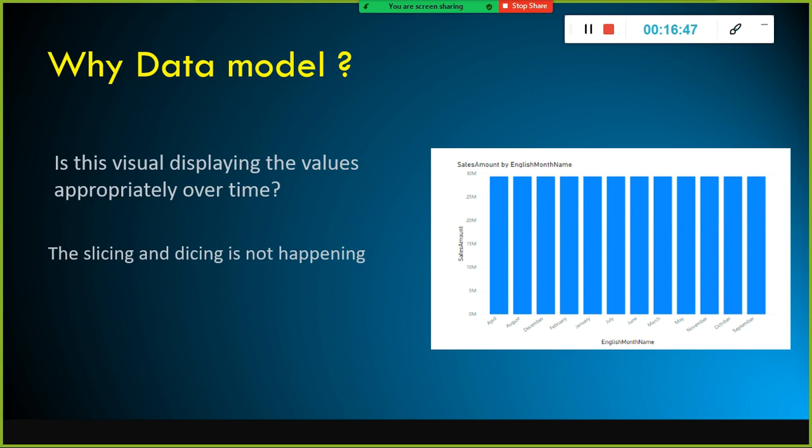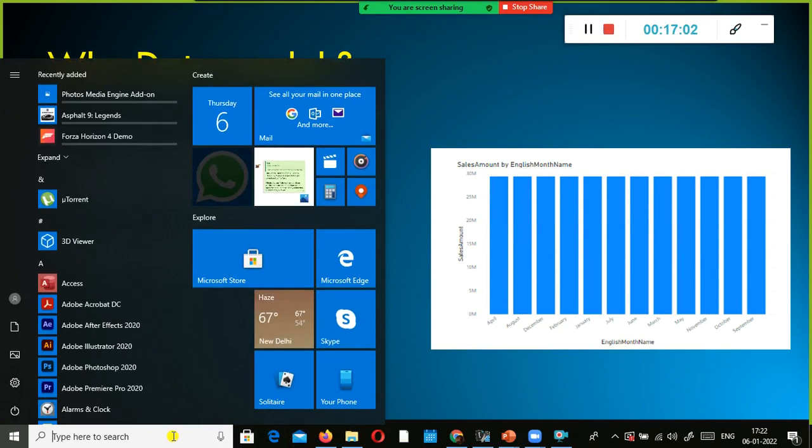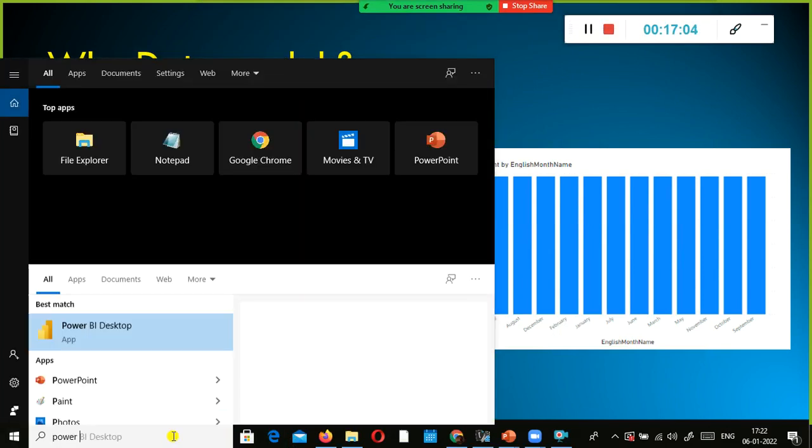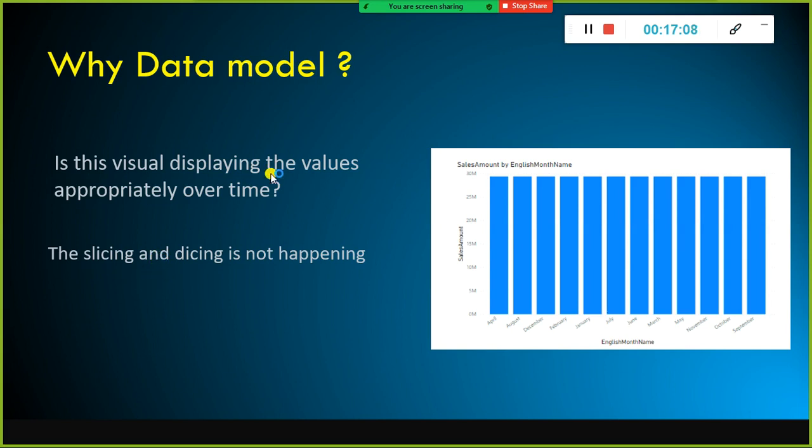Still, maybe you are not able to get a complete handle on what exactly a data model is all about. When I explain why we need a data model, you will be able to understand very clearly. I will just go to Power BI. I just open it.